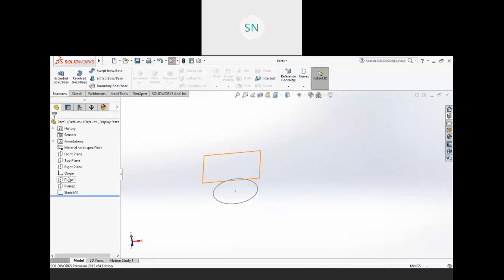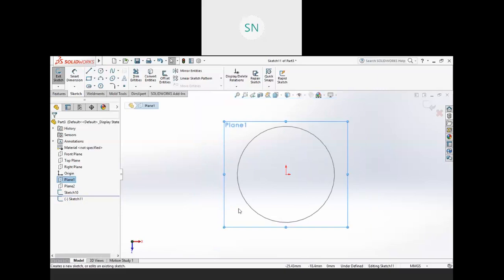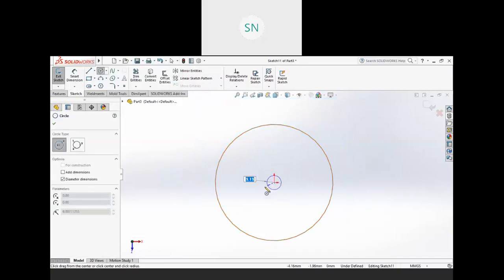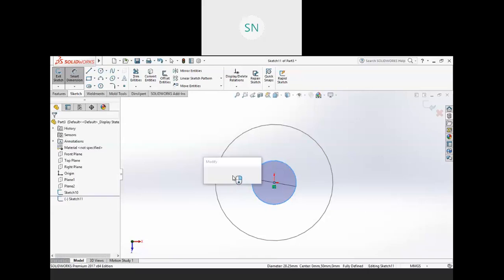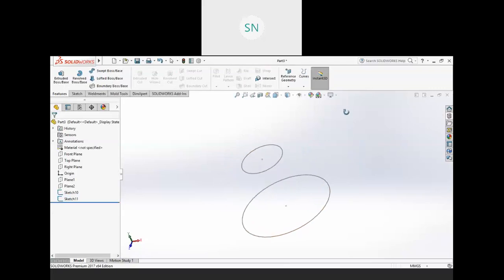On plane 1 I'm creating one more sketch, a 35 mm diameter circle, and on plane number 2